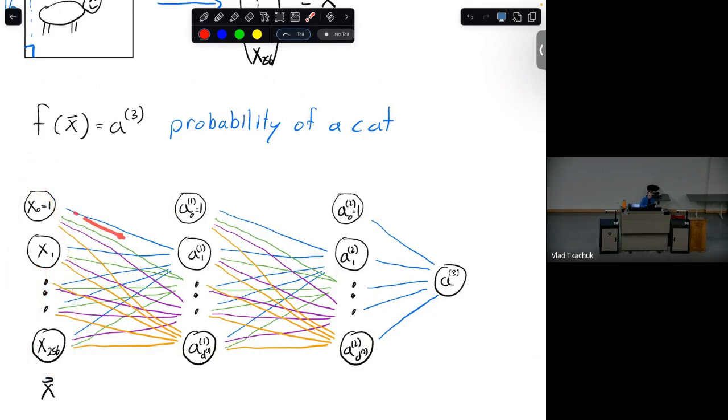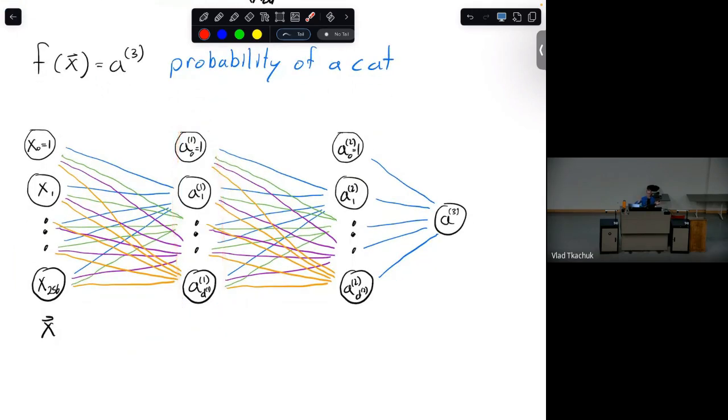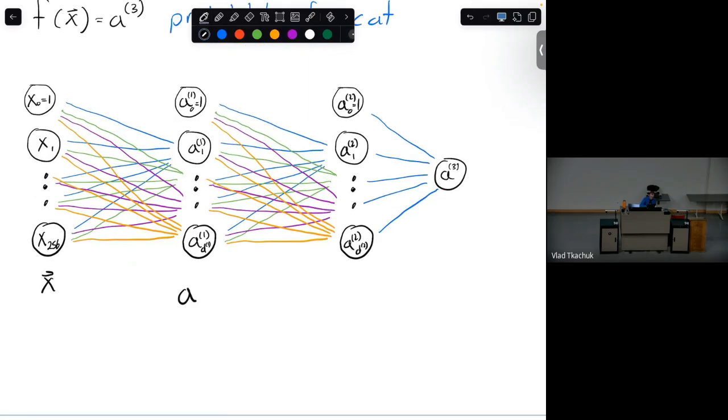Then it goes to some new neurons here. Here, I've also written in this general case. Here, there's much more than 2 or 3 neurons. There's this d to the 1 number of neurons. Okay. So in particular, I can write this whole layer here as a vector. I'll call it A1. And the thing I want to highlight is that this thing is an element of R to the d1 plus 1. Okay, so the point is there's this many neurons in this layer.